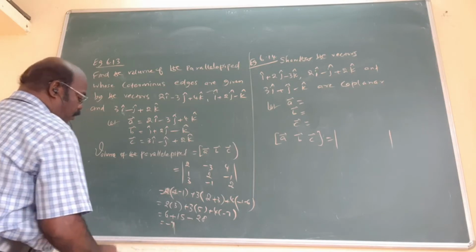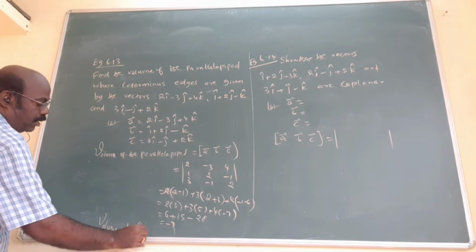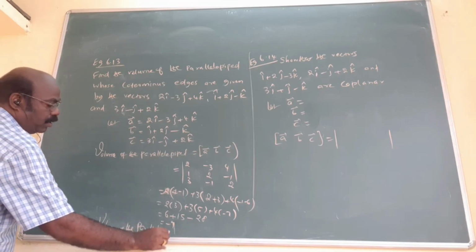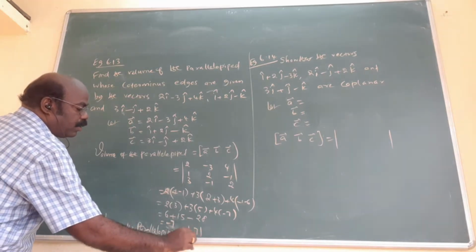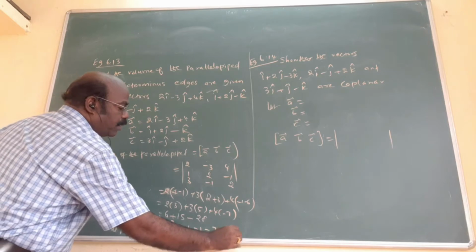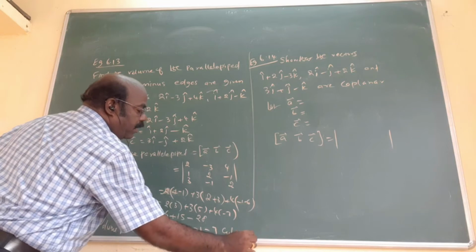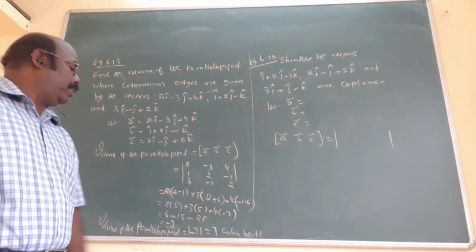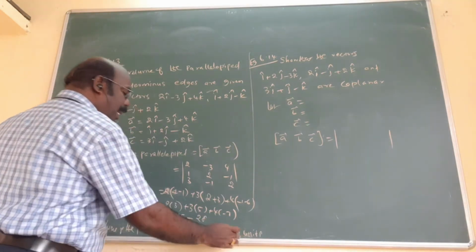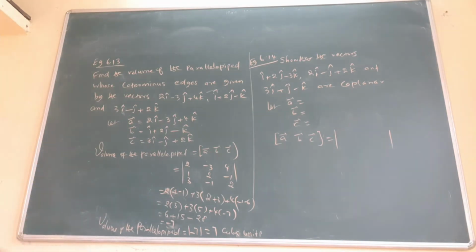Therefore, the volume of the parallelepiped is equal to minus 7. The volume cannot be negative, no, that's why you take the modulus. That is what? 7 cubic units is the answer. Suppose a negative value comes, to avoid the negative sign, take the modulus, we get the absolute value, 7 cubic units. Suppose it is only a positive value, that is the answer. If a negative value is coming, take the modulus. Otherwise, no need to take the modulus, only positive is the answer. Your final answer should be positive.